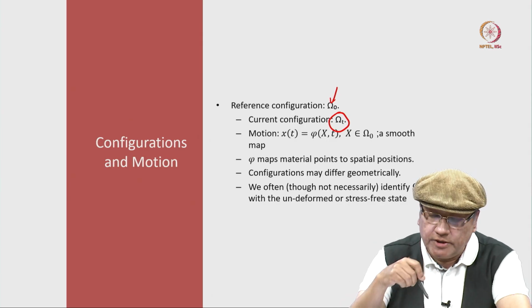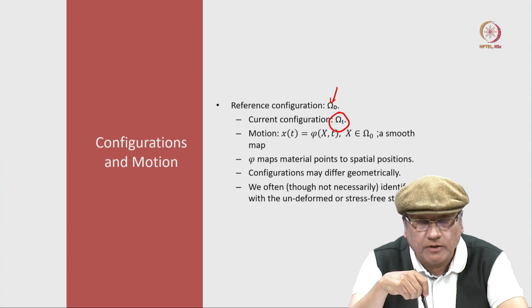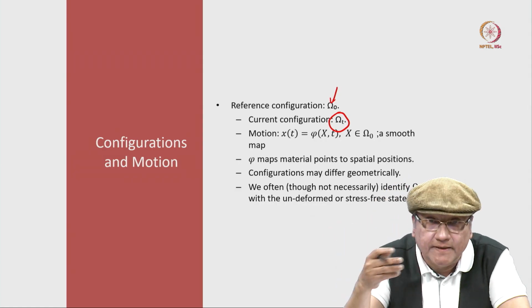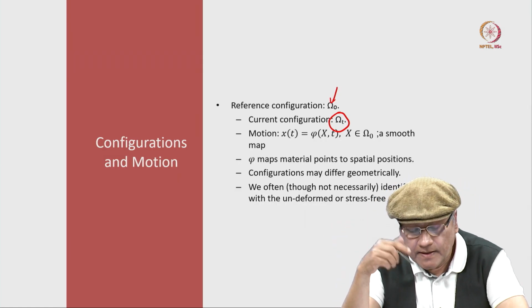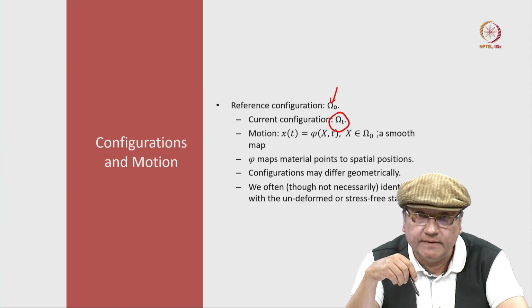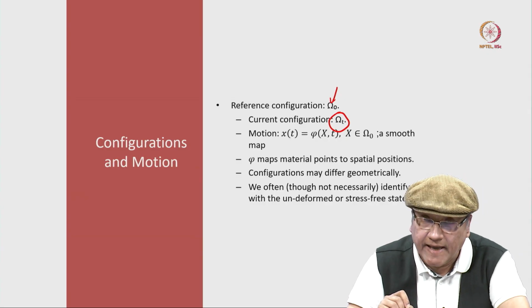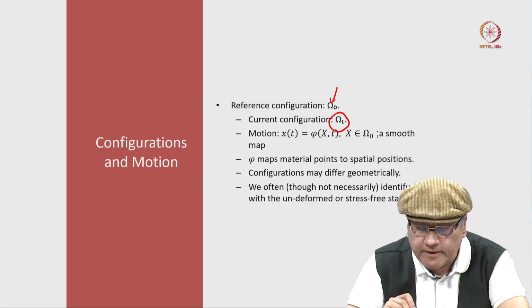And then the motion, which we call xt, is also parameterized by time because the set itself is parameterized by time. This motion is given in terms of the coordinates of the reference configuration and time by the function phi here,